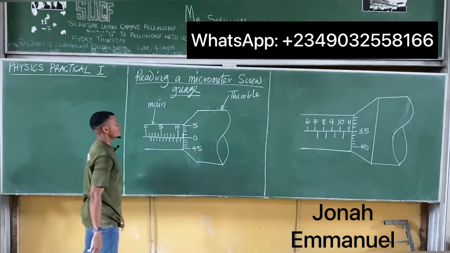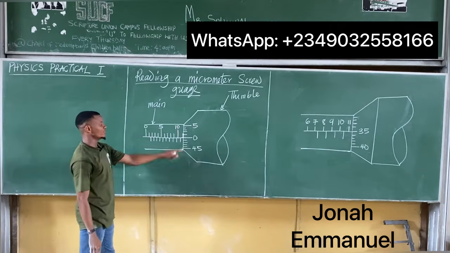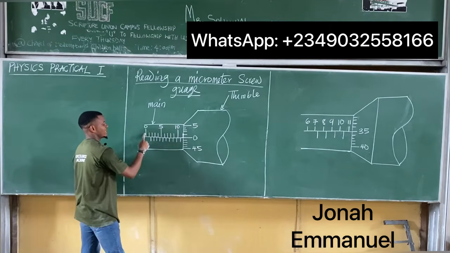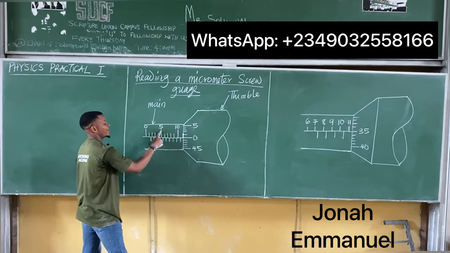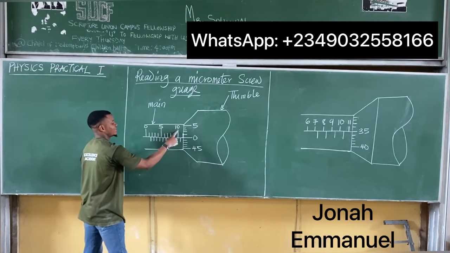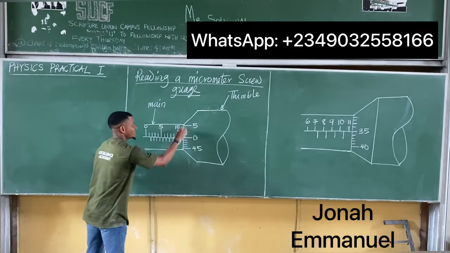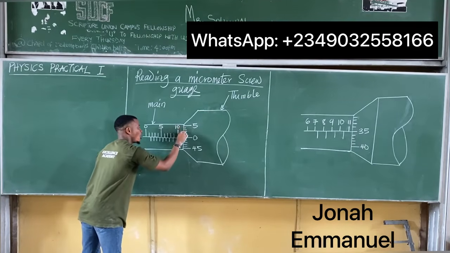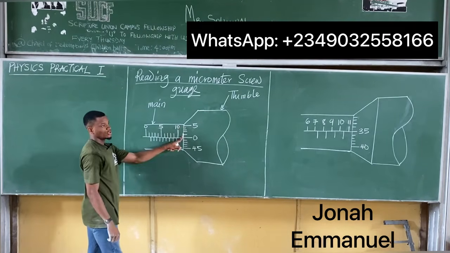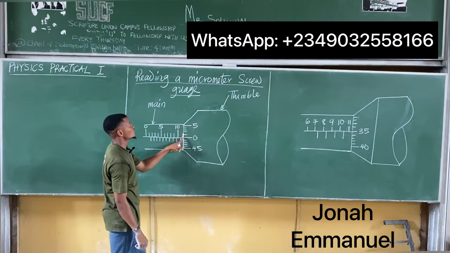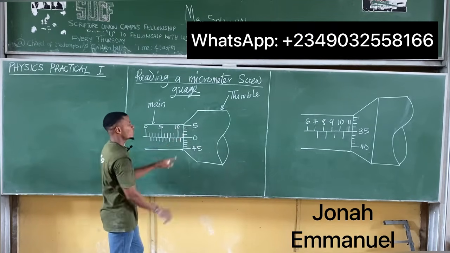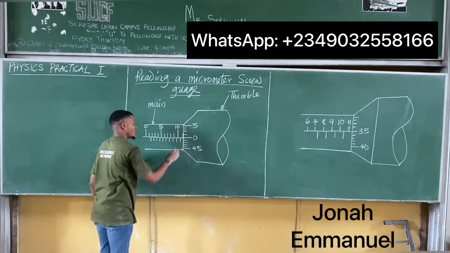First things first, read off the value in the main scale, which as you can see here is 0, 1, 2, 3, 4, 5, 6, 7, 8, 9, 10. Observe carefully that the thimble scale here cuts on 11. So your first focus when reading a micrometer screw gauge is where this thing cuts. This cuts at 11. So it becomes